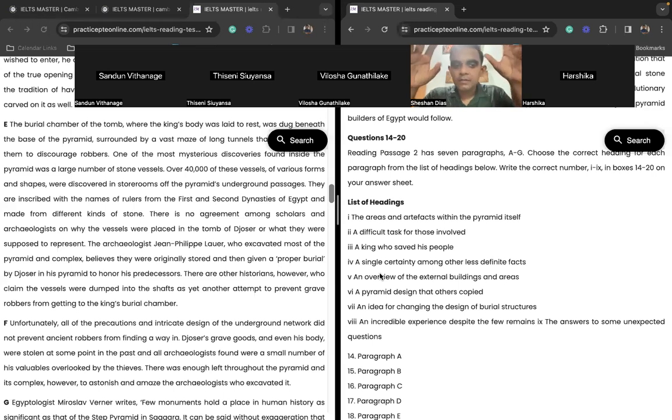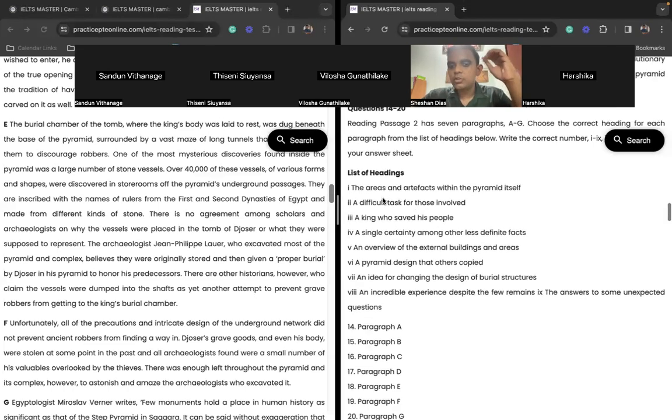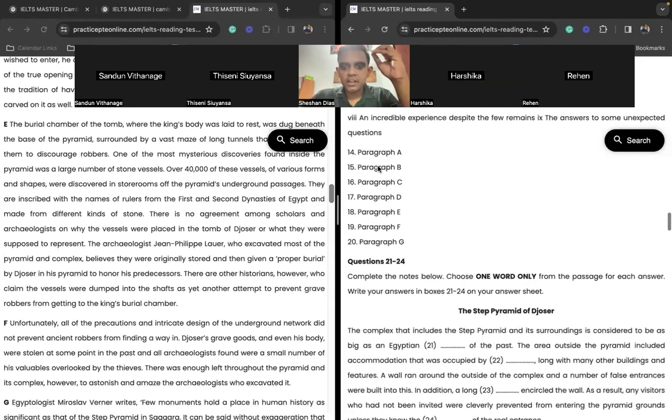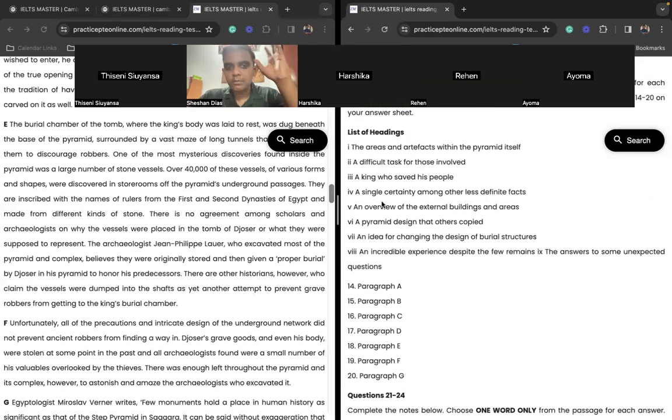But it's still going to be a difficult task if you try to attempt it in the middle. If you do a matching information type question in the middle of your question paper, chances are you will run out of time. Do you understand what I mean? Therefore, drop a matching information type question, complete everything else, and come back to it at the end. Okay, I hope that is clear, right?